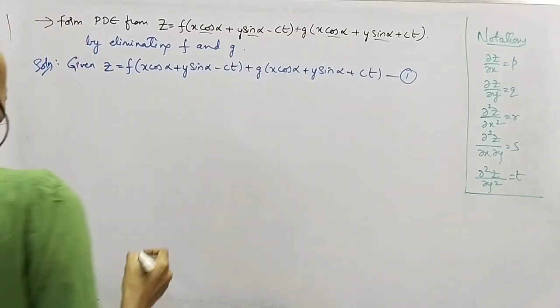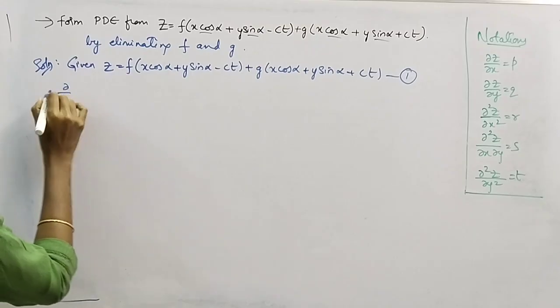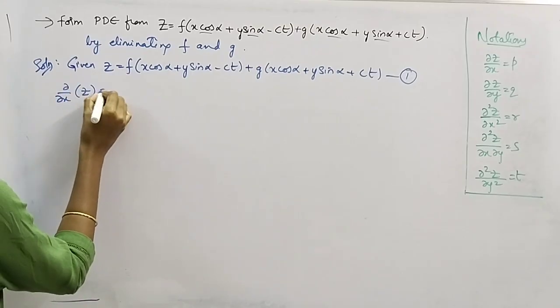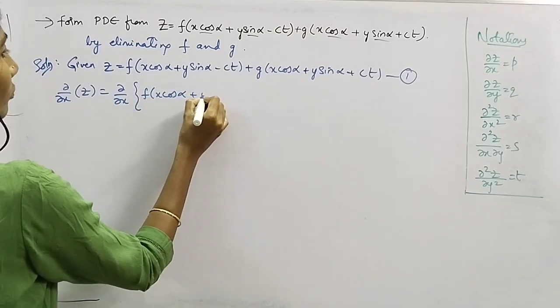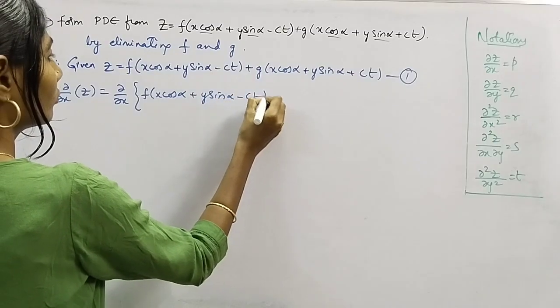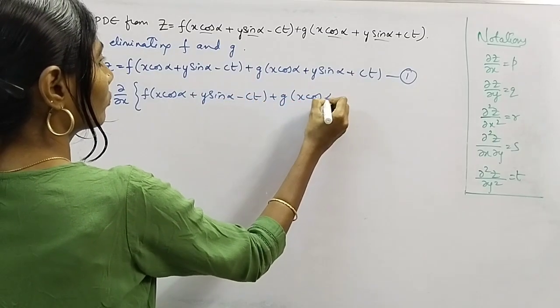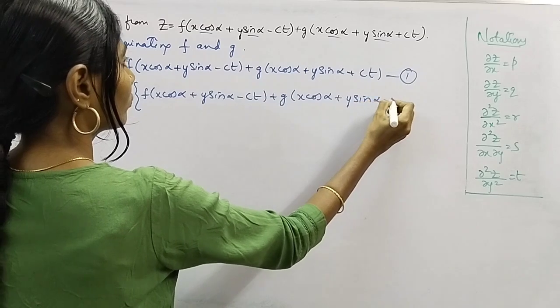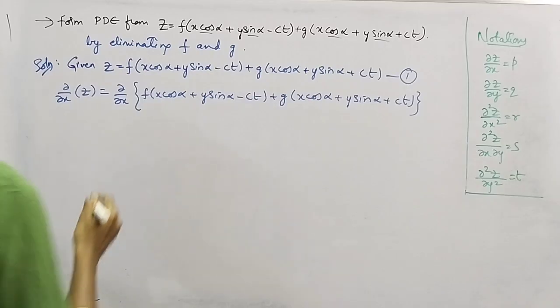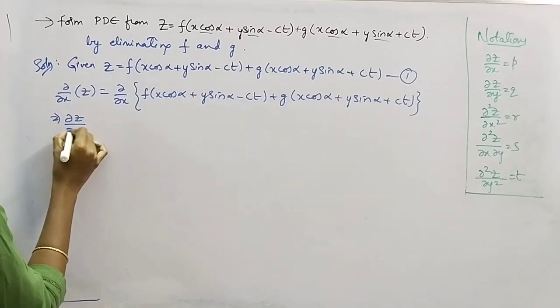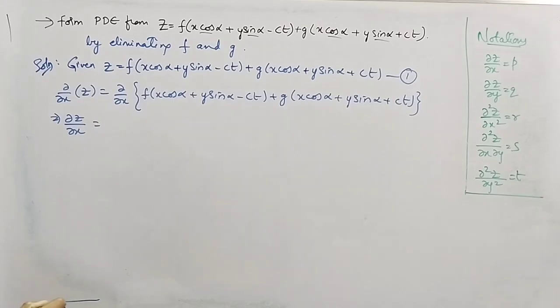Now let's partially differentiate it with respect to x. Just apply dou by dou x on both sides of the equation. I did nothing, I just applied dou by dou x on both sides of 1. Okay, and this gives us dou z by dou x equal to, here we are partially differentiating with respect to x, so we'll treat y as constant. Okay, and also t is